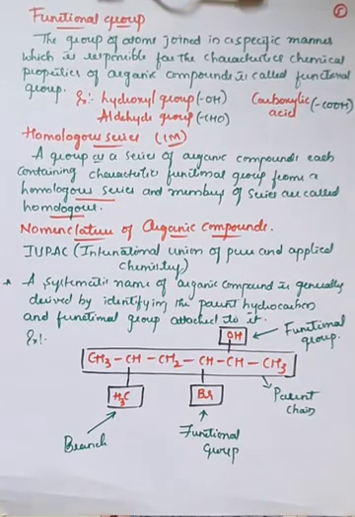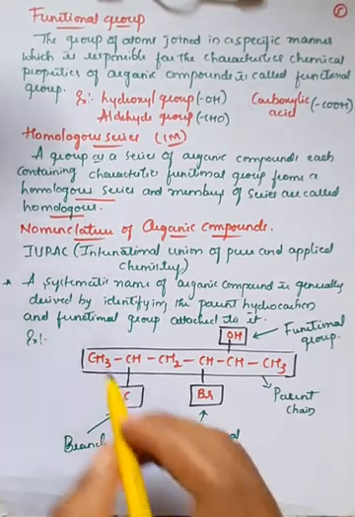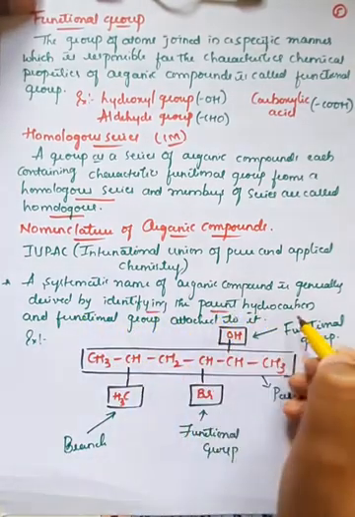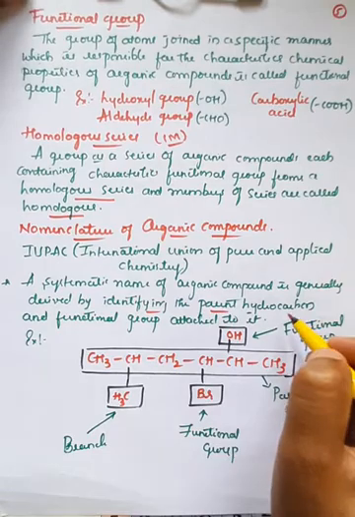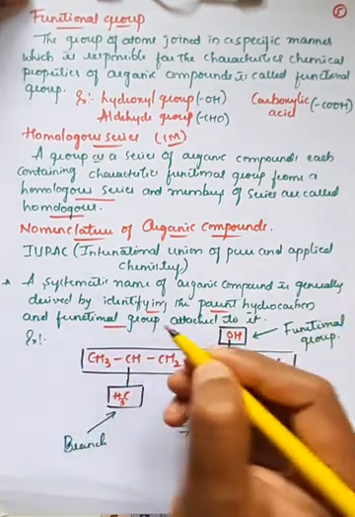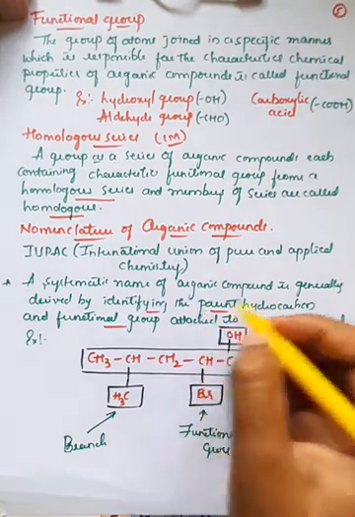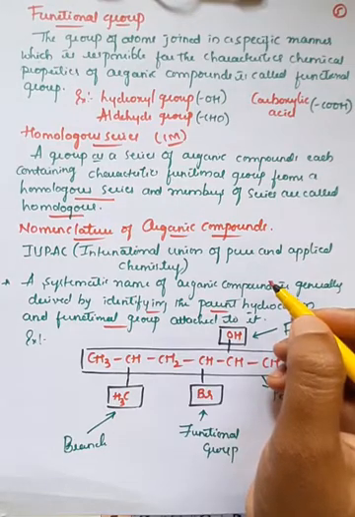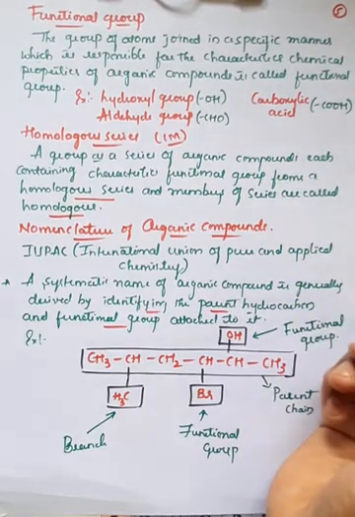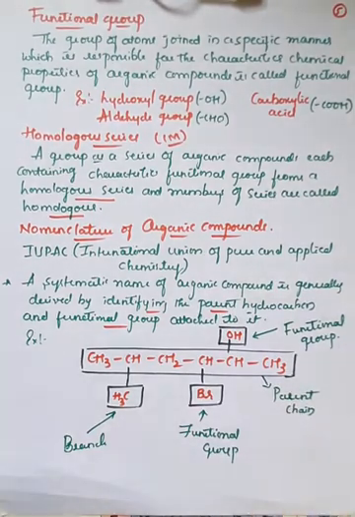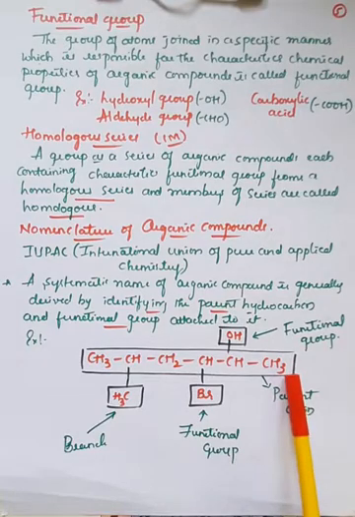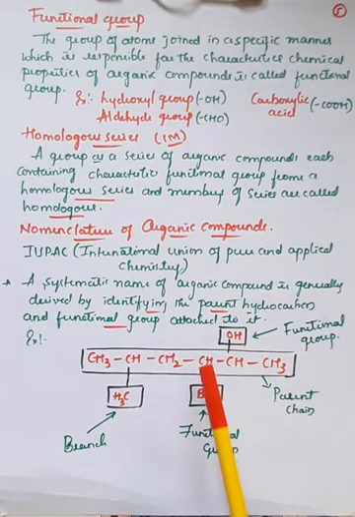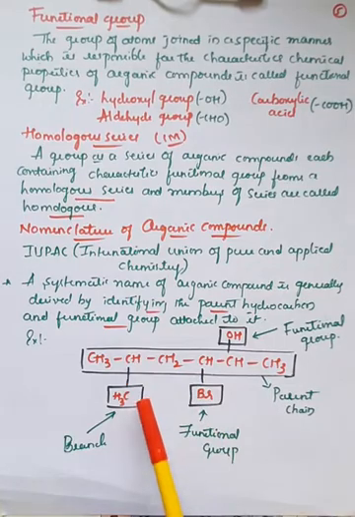Okay, here if you observe, the systematic name of any organic compound is generally derived by identifying its parent hydrocarbon and the functional group attached to it, right? If they give you any organic compound and ask you to name it, the first thing is you must identify the parent chain, and you must also identify the branching along with the different functional groups attached to the molecule. Here they have given one simple example, that is CH3, CH, CH2, CH, CH and CH3, in which the CH is bonded with OH, another CH is bonded with Br, and one more CH is bonded with CH3.